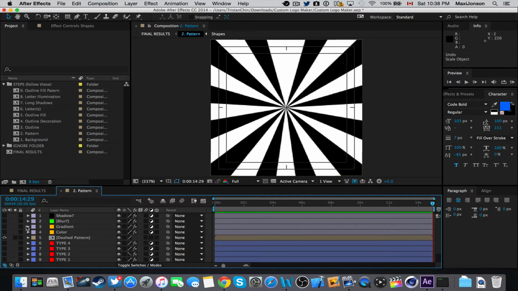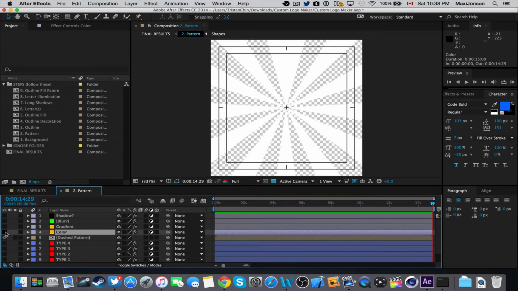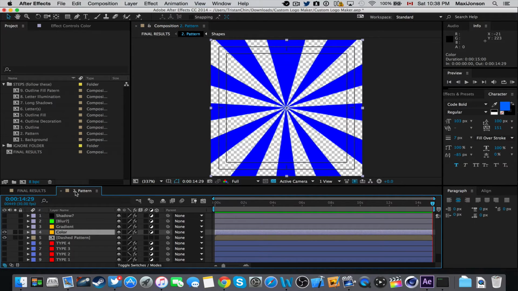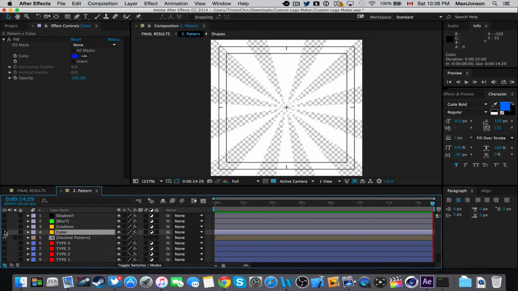All there is to change is basically you choose, after you choose dash pattern, the next step is to choose if you want it colored or gradient. So if you want it colored, you check that, and then you can choose your colors from the effect control, like we've seen before for the background. And gradient,